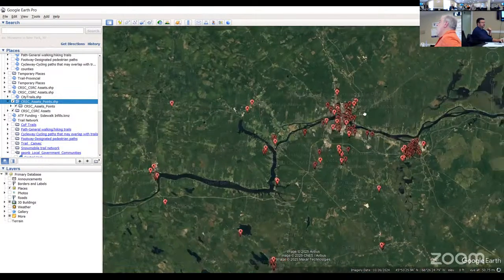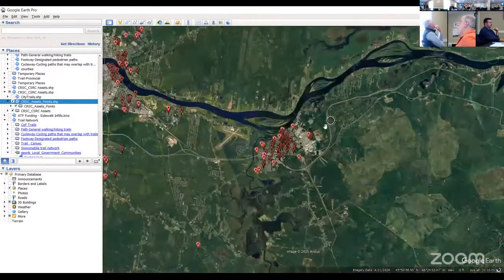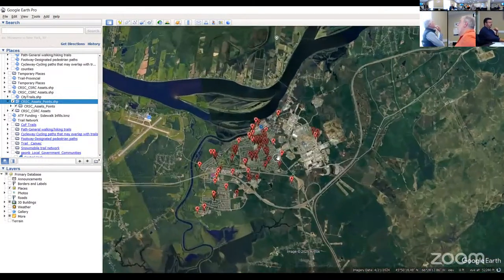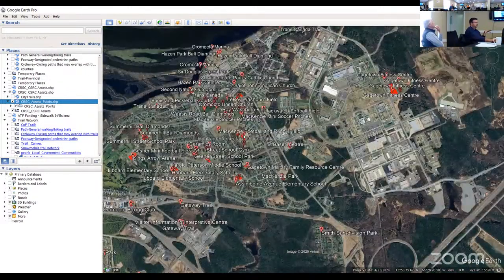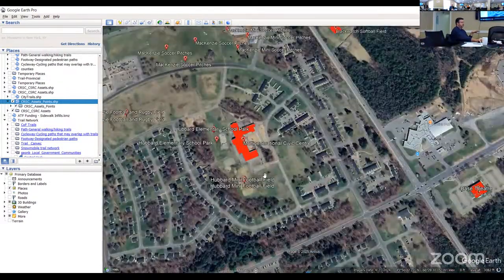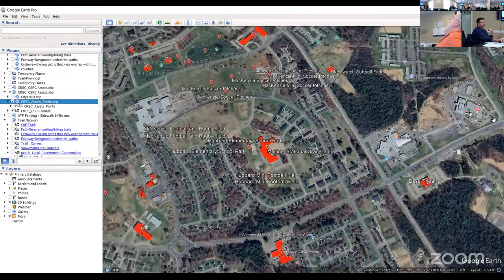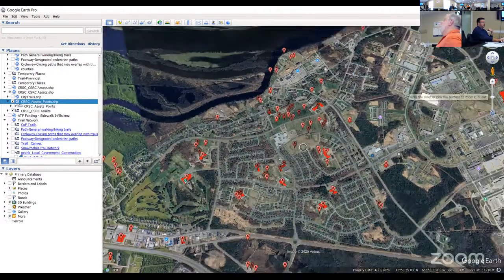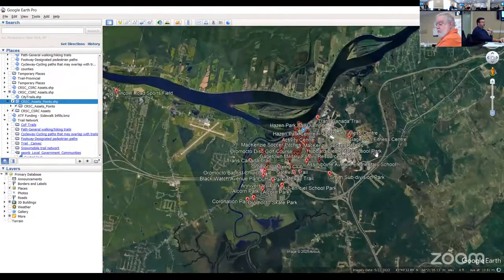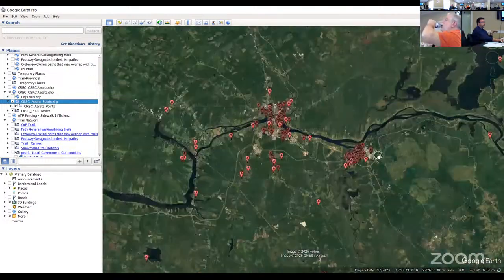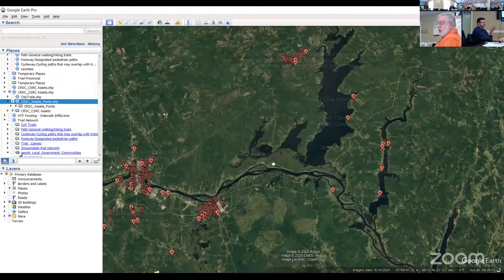I happen to be zooming in on Fredericton. This is Oromocto here, and all the assets as well. The more you zoom in, the closer you have, the more information you can see. So basically, we took all the information we received from the CEOs and we plotted it geographically.